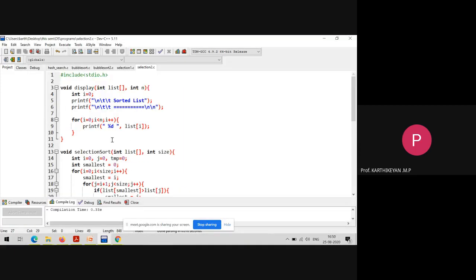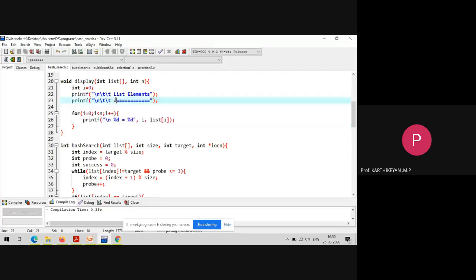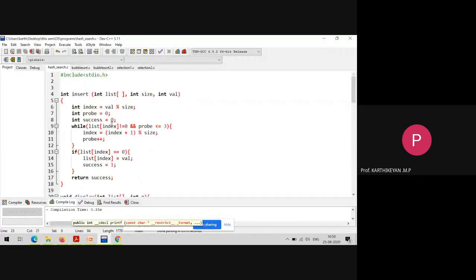Now we will see example program for the hash search. As we already discussed, in hash search, the key values will be converted into address by using some hash function. The hash function you can use any. There are different hash functions available, so any function you can use. So in this example program, I have used simple mod operation. See here,